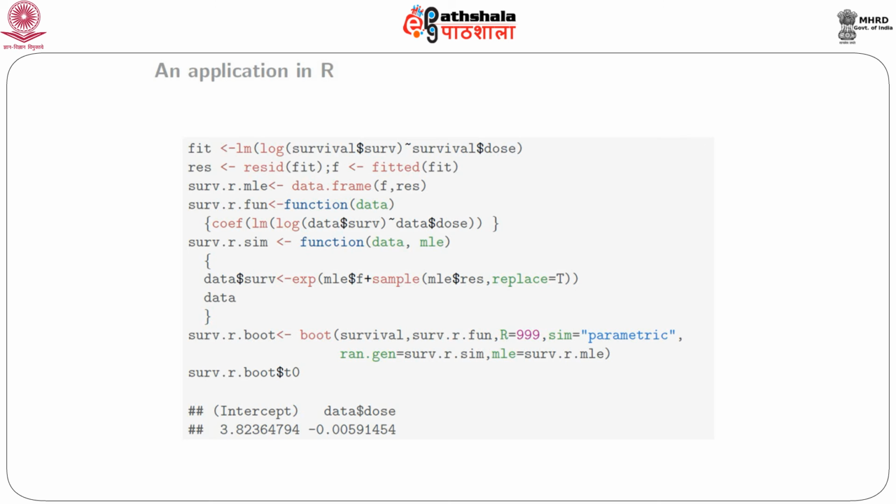Now, we can perform the same analysis using the bootstrap of the residuals only. To do that, we use fit <- lm(log(survival$surf) ~ survival$dose), that is log surf explained by dose for data survival, and we store it in fit. Then we compute the residuals and the fitted values and store them in res and f, create a new data frame with f and res, and define the function that needs to be run on the data, which is